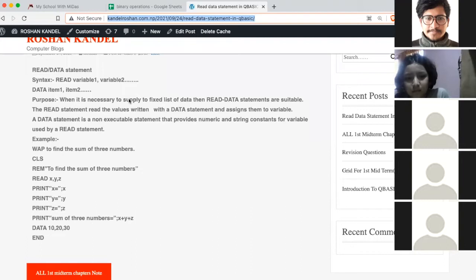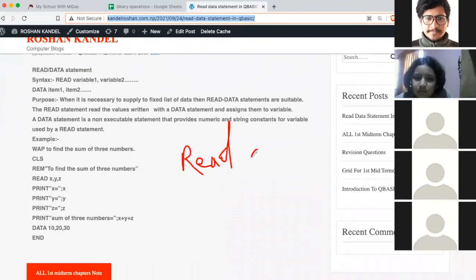So there are two parts in this statement. One is READ and one is DATA. So I'll show you like this. This is READ. This READ part has the declaration of variables, or the list of variables.